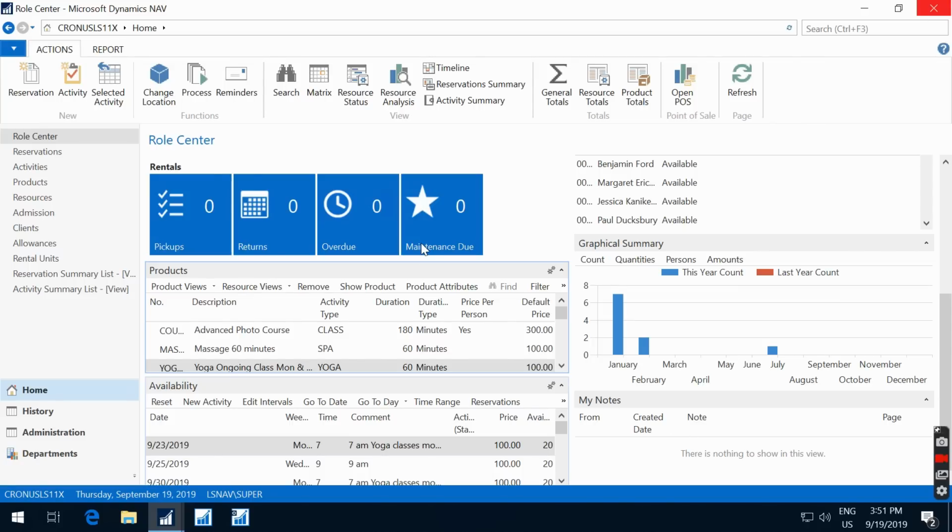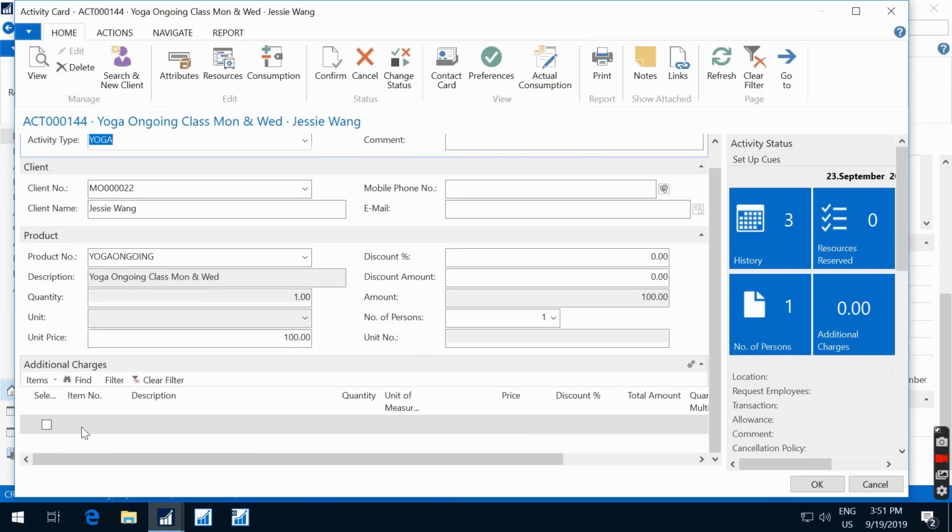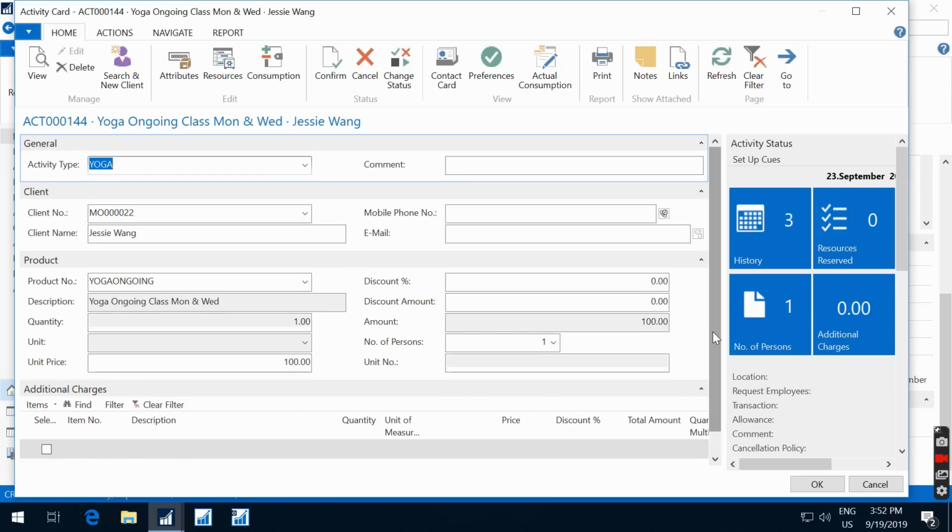So the system will make a reservation for that person and populate the activity card. Remember, on the yoga class product we set up the default view as the activity card, not the reservation card. So it will populate this activity card. Then you can set up some additional charge like a yoga mat. If a yoga mat is required, then the participants have to purchase that yoga mat, and you can put it as an additional charge. Then you have to confirm and make this reservation for this activity, for this class. You have to say confirm